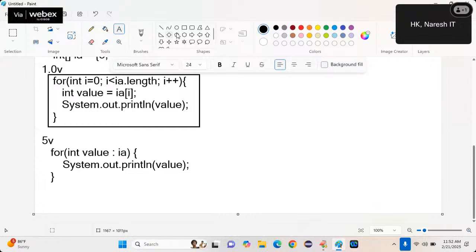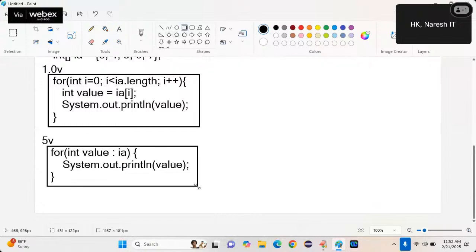Now you may ask, sir, we already have the for loop, so why did for each come? Because it simplifies programming and decreases the burden on the developer to write the code. So what is the burden? Observe here, there is repetition of code.